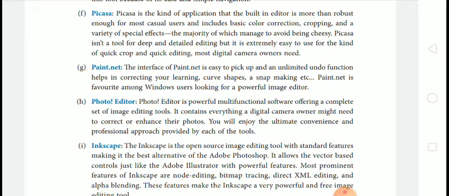Picasa is not a tool for deep and detailed editing, but it is extremely easy to use for the kind of quick crop and quick editing most digital camera owners need.